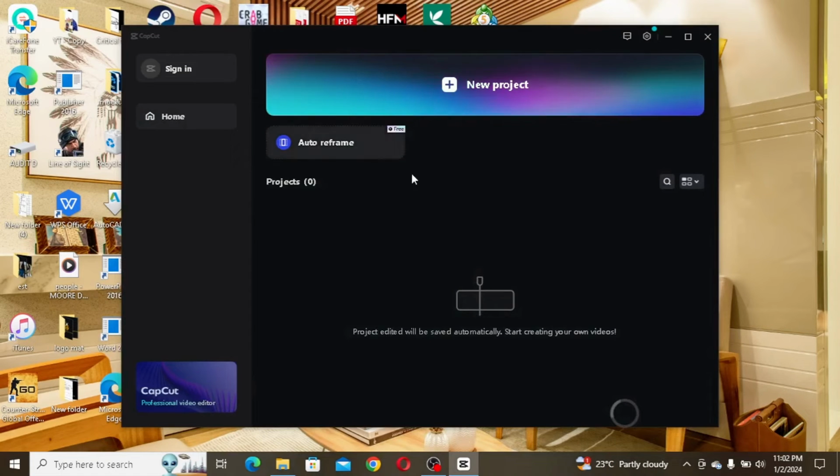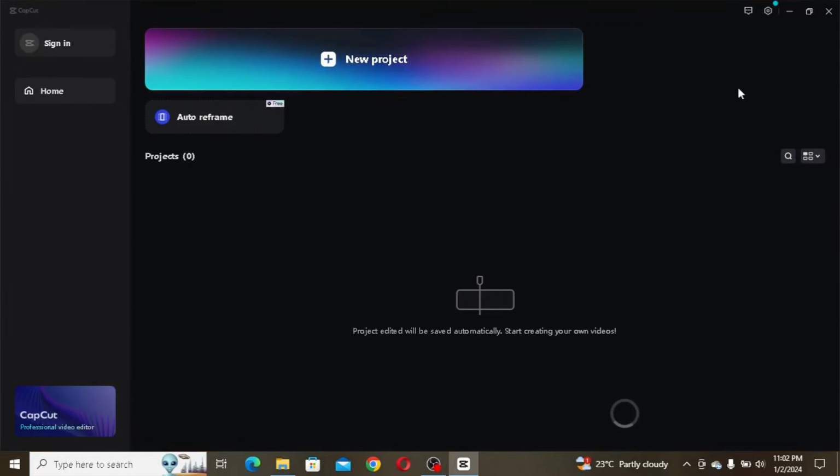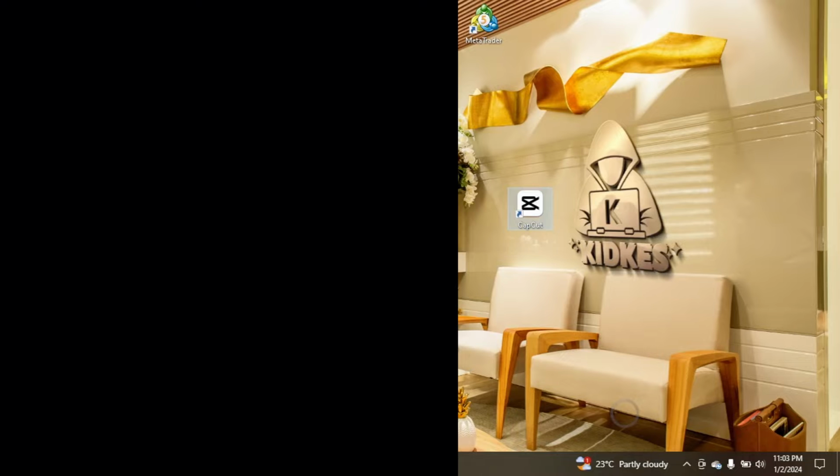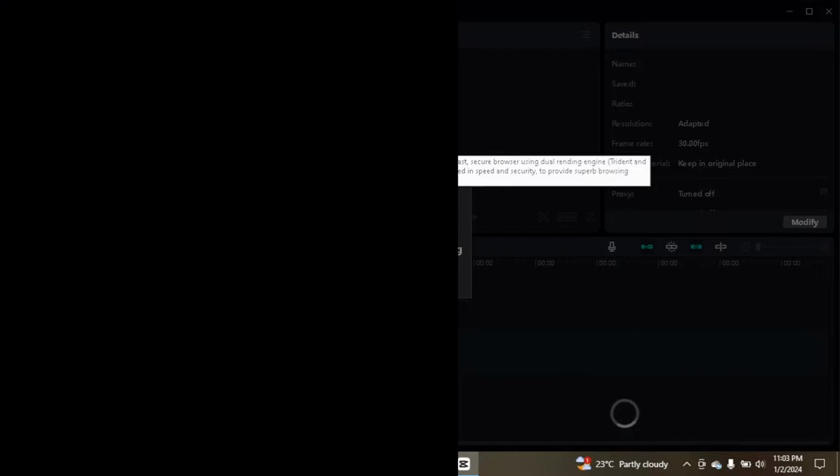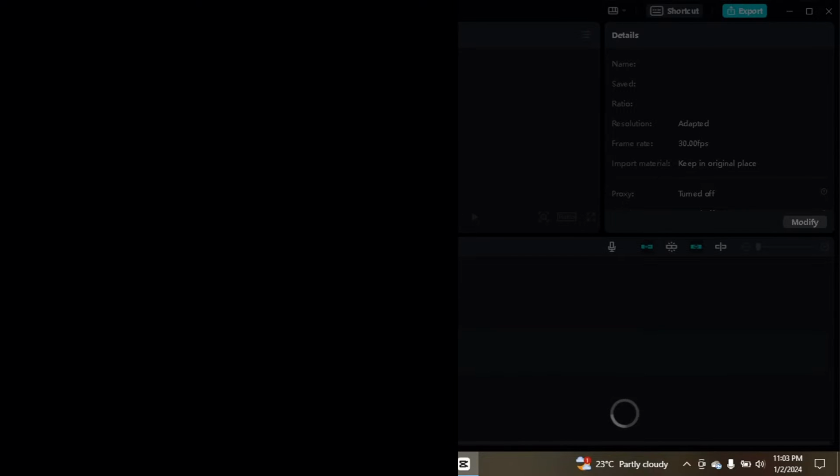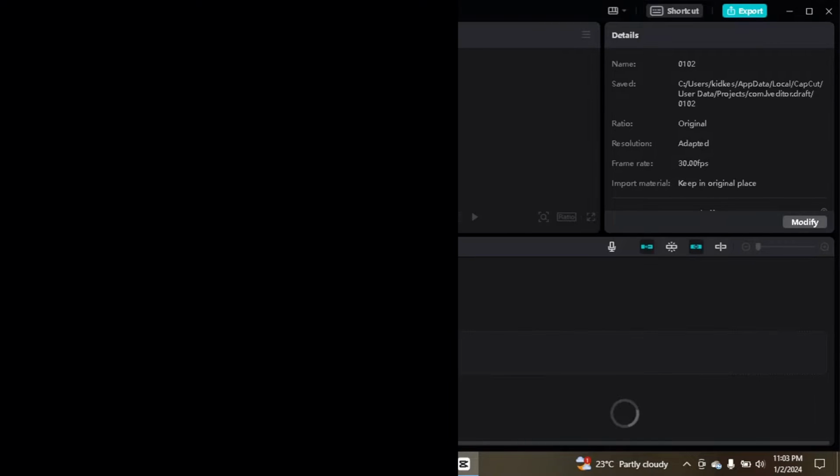Okay, so once you open CapCut, this is how it looks like. And as well maximize this, and then you want to click on new project. And please note, you can as well do this on your mobile device. It's the same thing. You just want to go to your App Store or your Play Store, depending on whatever mobile device you're making use of, and then you want to download CapCut. Okay, you want to go there and search for CapCut, and then once you download it, it's basically the same process. Okay, all you want to do is to add the particular raw video, which I'm going to be showing